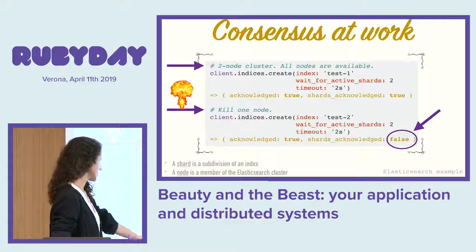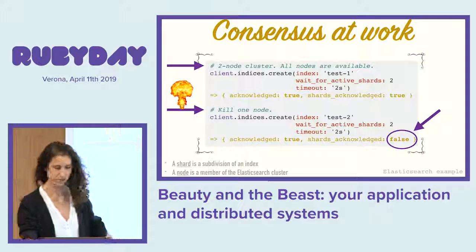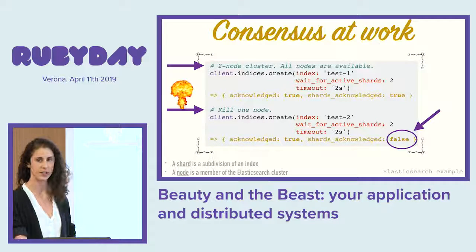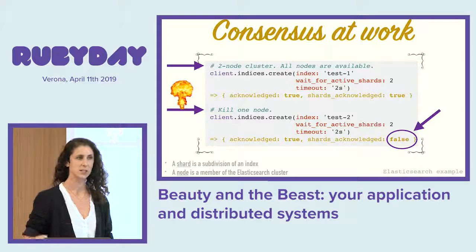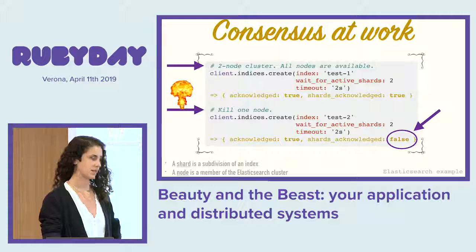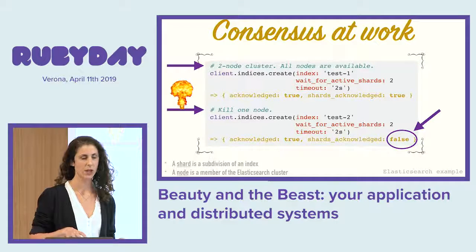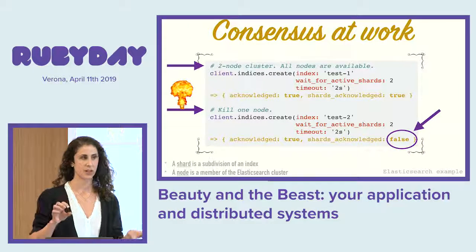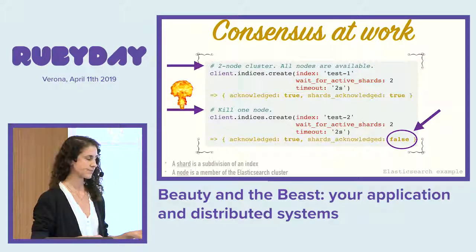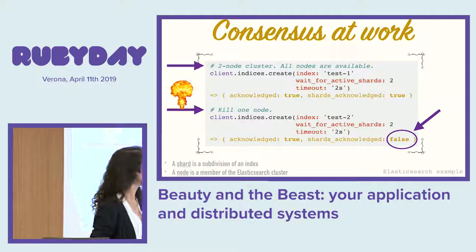This one's using Elasticsearch, and terminology. A shard, for people who can't see, is a subdivision of an index. And a subdivision of an index will be kept on one node, which is a member of an Elasticsearch cluster, and the shards will be divided amongst nodes. So in this example, we'll have 2 different shards, and they'll be on 2 separate nodes. In this example, the client will create an index, and if you see